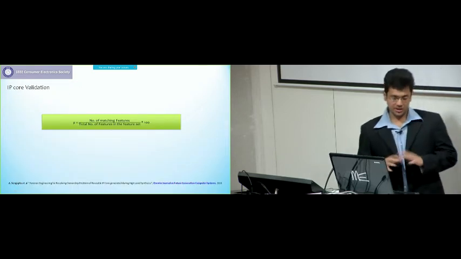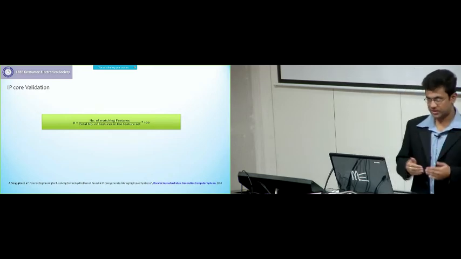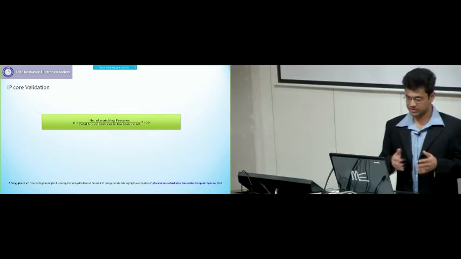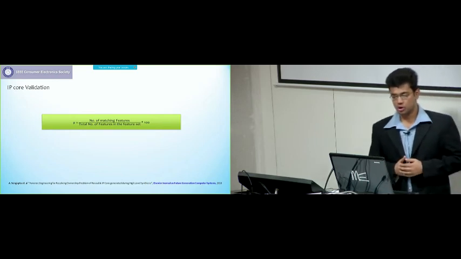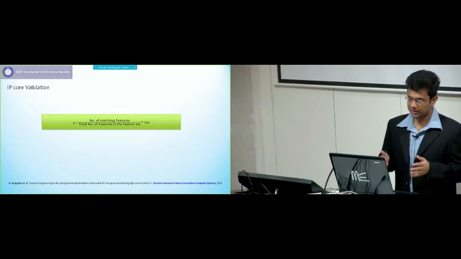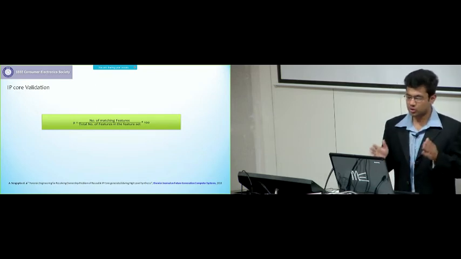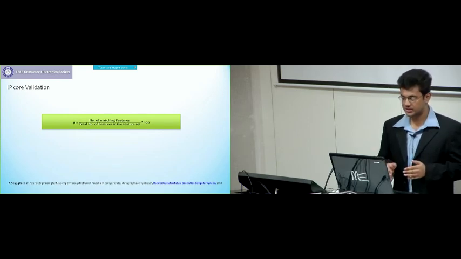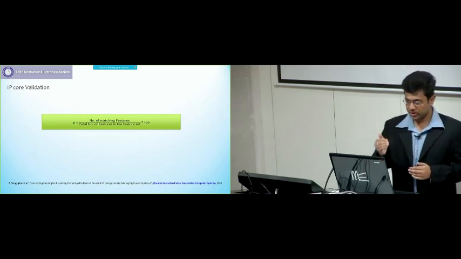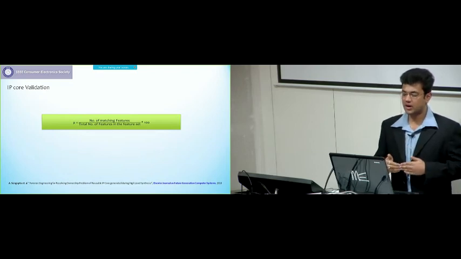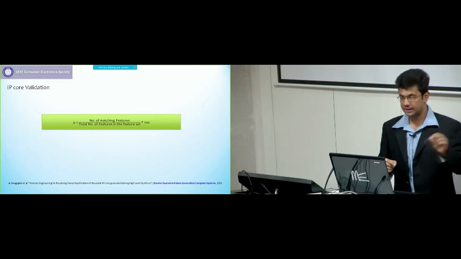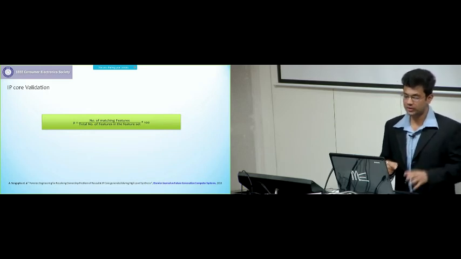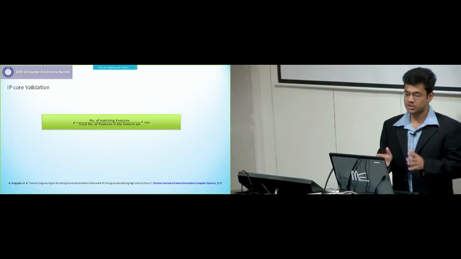Okay, so now we are pretty much done with the feature extraction rules for the 8 features which I have just now explained. Now let us look into the IP code validation process. We have defined a formula or a metric which checks the total number of matching features divided by the total number of features existing in the feature set, times 100. If both the numerator and the denominator match, then we have a 100% match, and only if there is a 100% match can a particular claimant or a particular HLS tool vendor be awarded the ownership of the IP core.